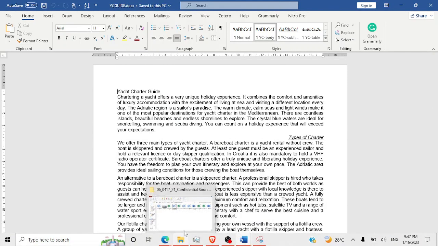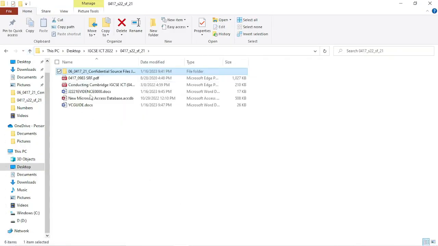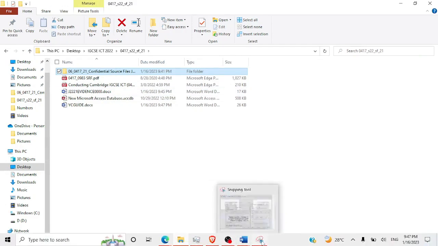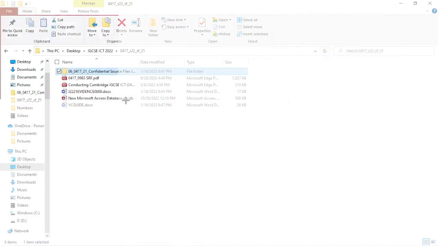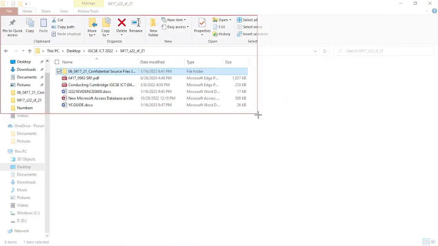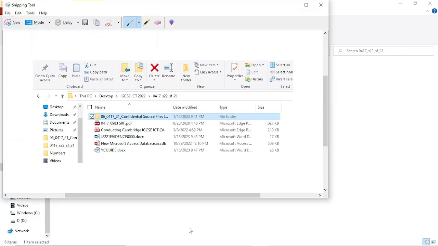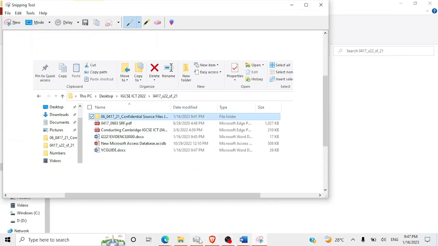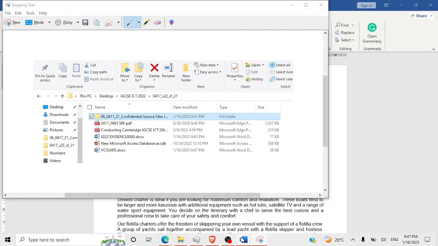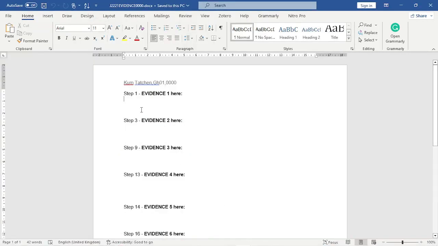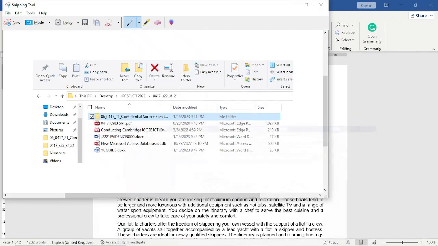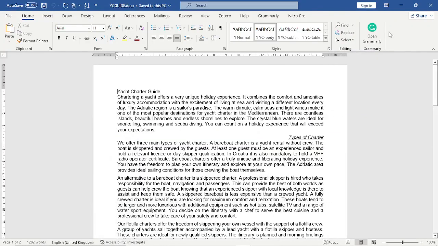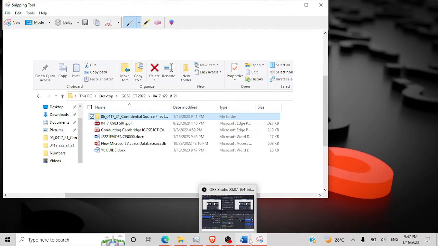So I'll go back to this document. I need to show evidence of that. So I'll just take a snip of this. Probably, I mean, just the focus is this. So paste. So this is my evidence one. The next thing we're supposed to do is to